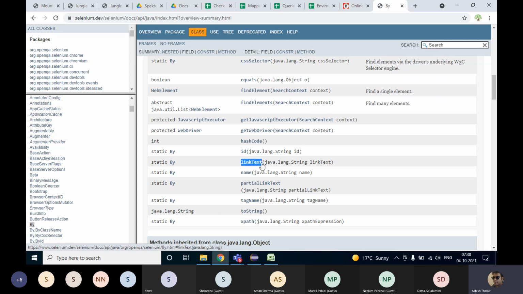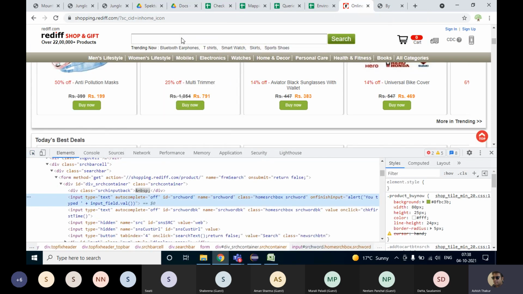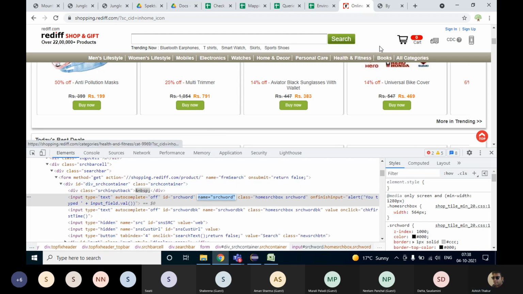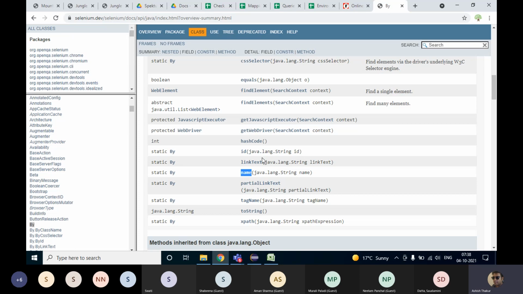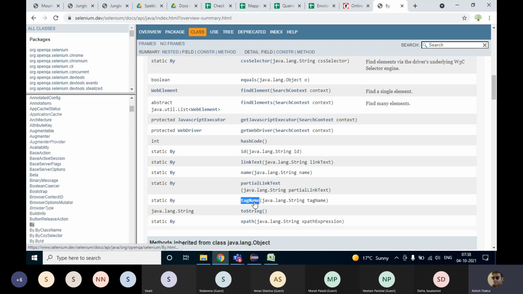How will we use this? I'll tell you, but right now I'm telling you theoretically how you actually do it. Or you can identify the element with the name. Where will the name come from? You will have to go and investigate the element, and if the element has got a name, then you can use the name attribute. Or you can identify the element with the partial link text or even a tag name. Although multiple elements, like we saw that all the links on the web page have the tag name A, so it becomes a little tricky to use this.